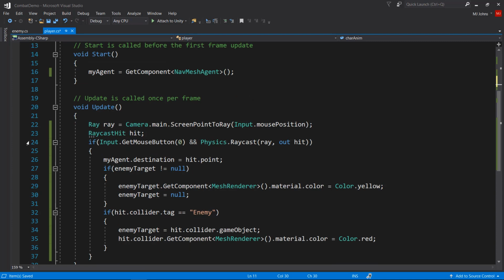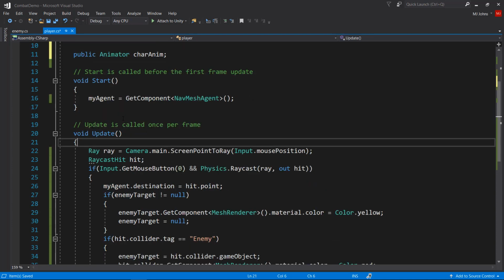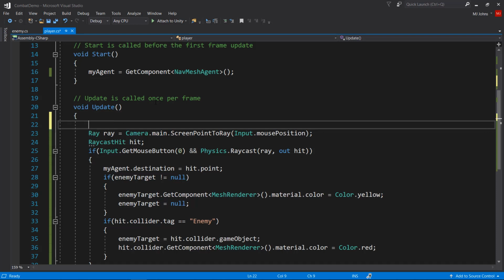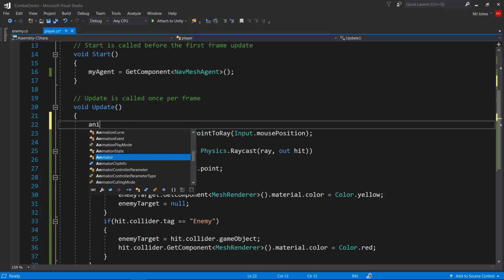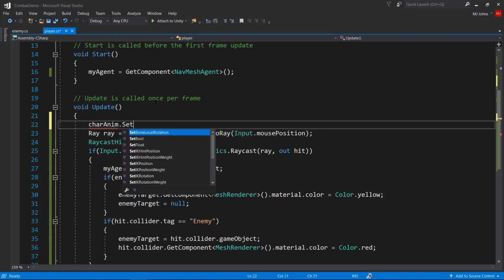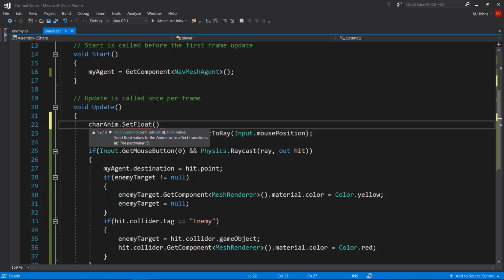And I'm going to scroll down into my update function, and specify the speed right here at the top of my update function. I'm going to do charAnim.SetFloat, and then I'm going to pass it a string for the name of the float, which was speed with a lowercase s, and then I'm going to set the value, and the value that I want to use here is based on the NavMesh agent